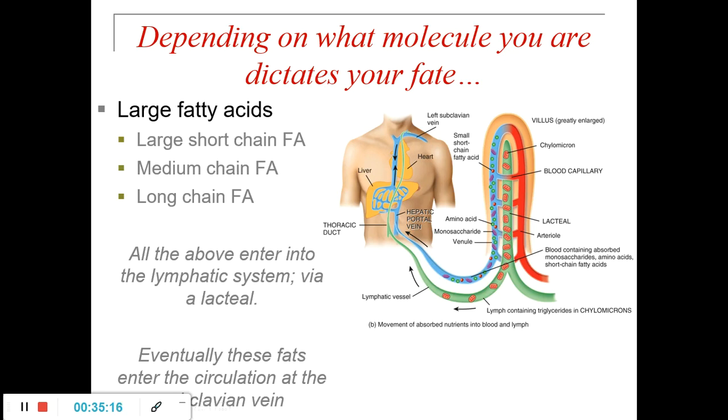So here is where we are going to look at, again, the absorption of long chain fatty acids. As I mentioned, these are going to enter the lymphatic system via these lacteals, these green vessels here. These are a part of the lymphatic system. They're going to bypass the hepatic portal vein and dump into the subclavian vein, right here, via something called the thoracic duct. Now, there's a few